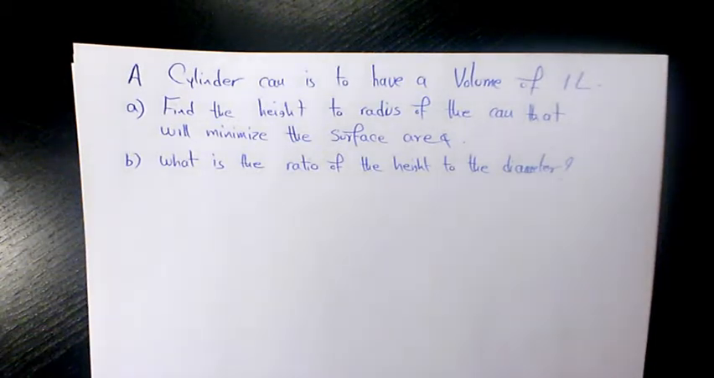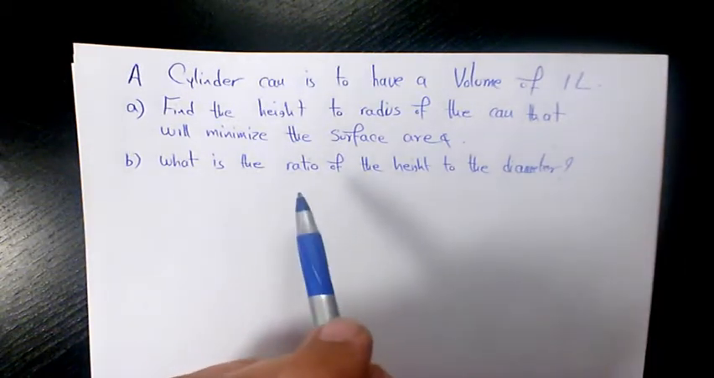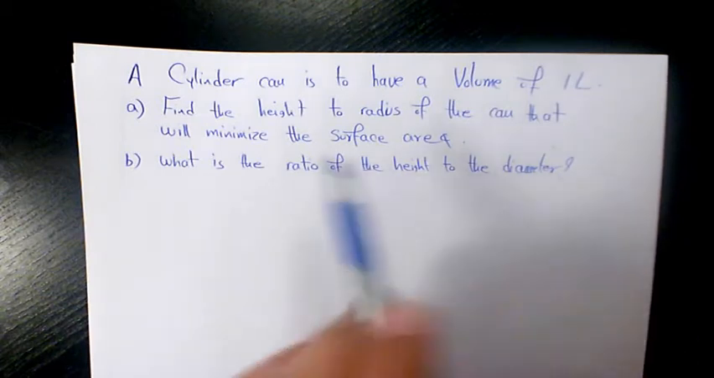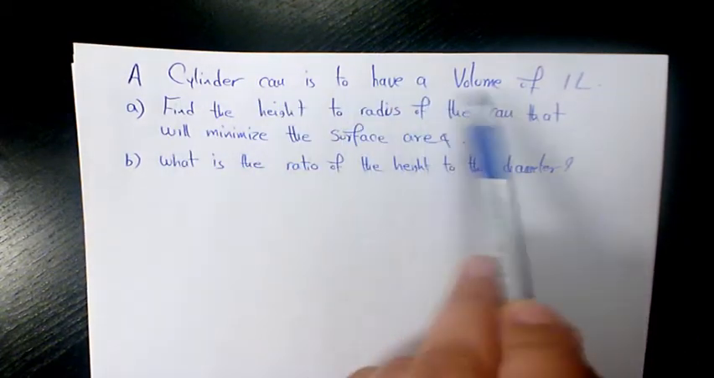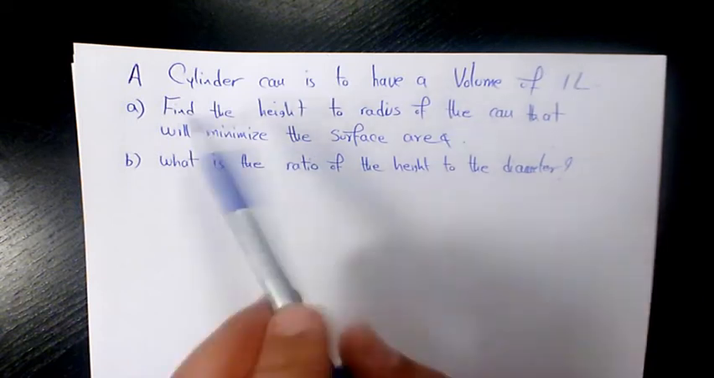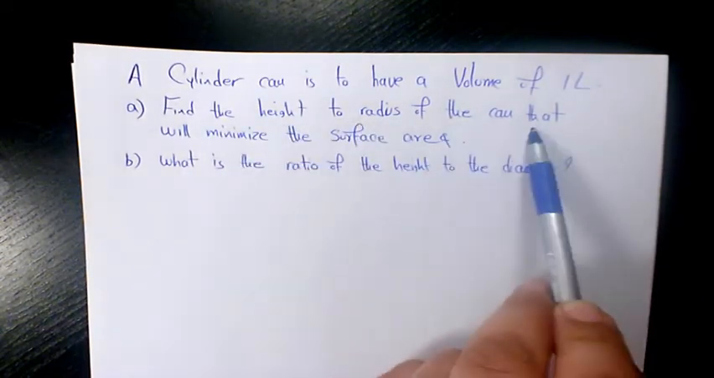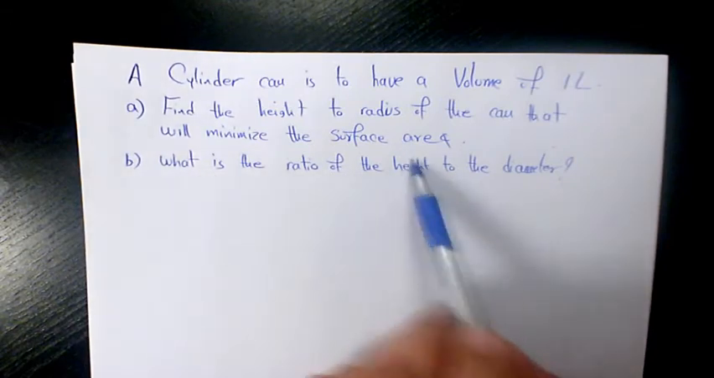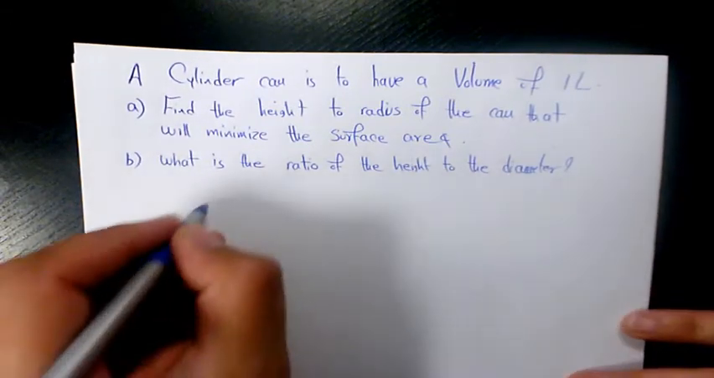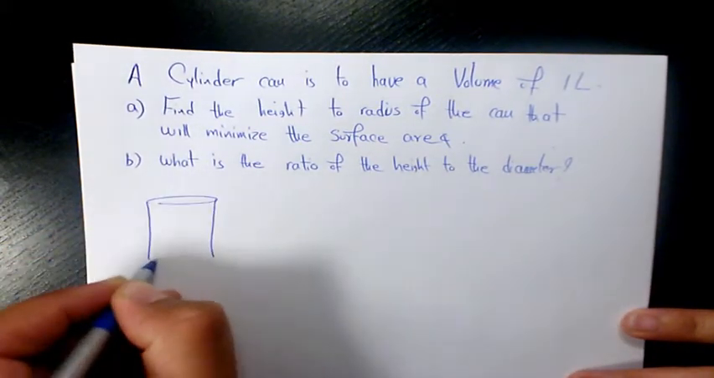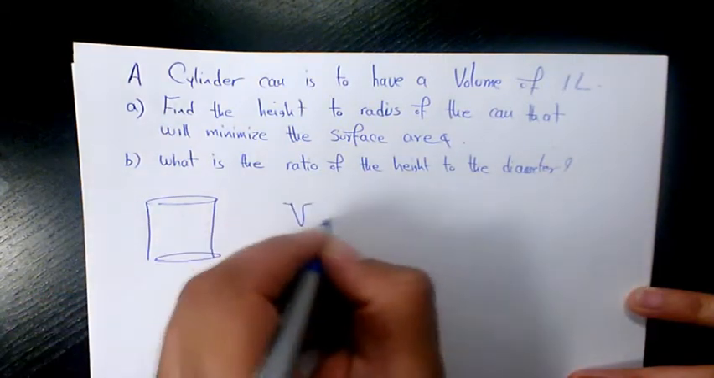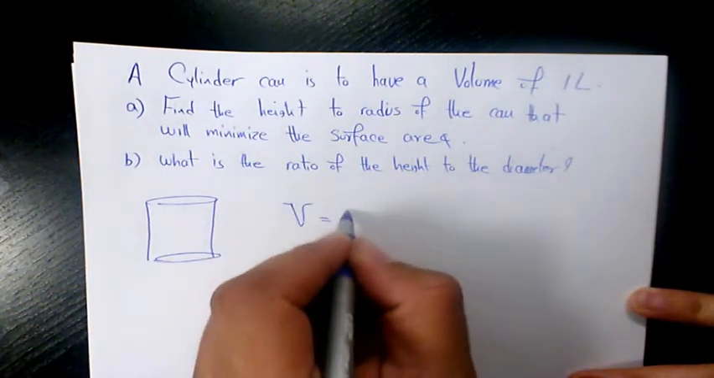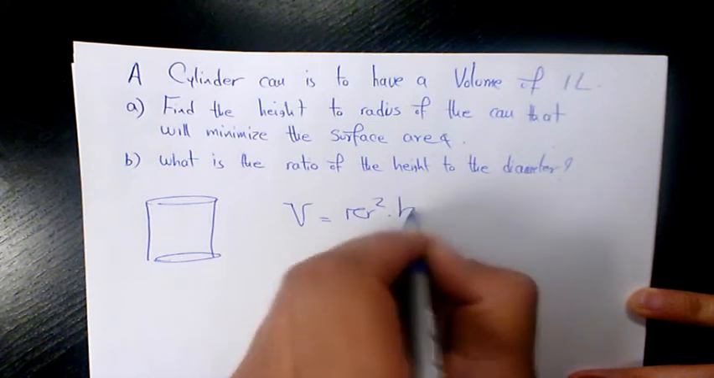Welcome to another video. In this video I want to show you how to deal with optimization questions. A cylinder can is to have a volume of 1 liter. Find the height to radius of the can that will minimize the surface area, and what is the ratio of height to diameter. We know the can is a cylinder and the volume is going to be pi r squared times h,